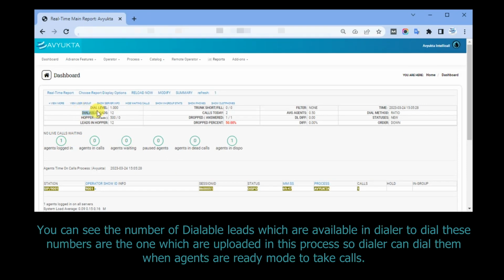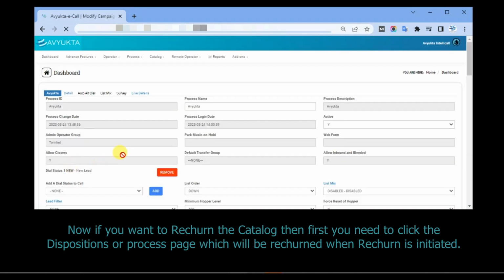You can see the number of dialable leads which are available in the dialer to dial. These numbers are the ones which are uploaded in this process, so the dialer can dial them when agents are in ready mode to take calls. Now if you want to return the catalog, then first you need to click the dispositions